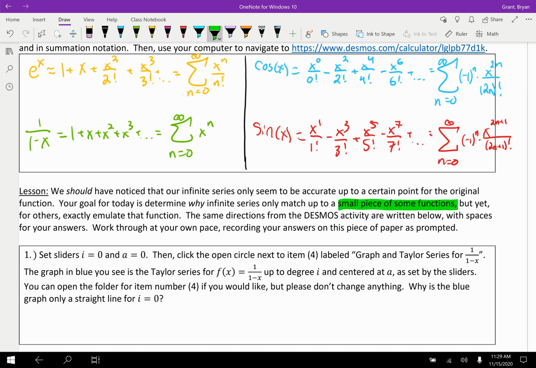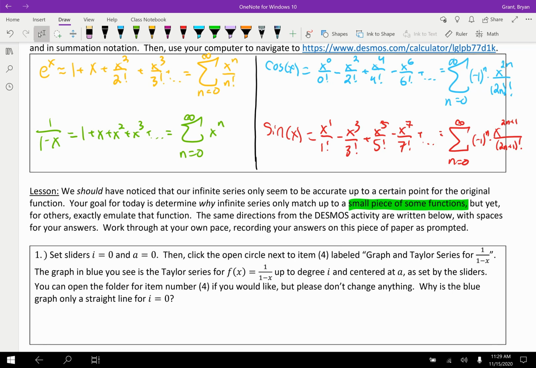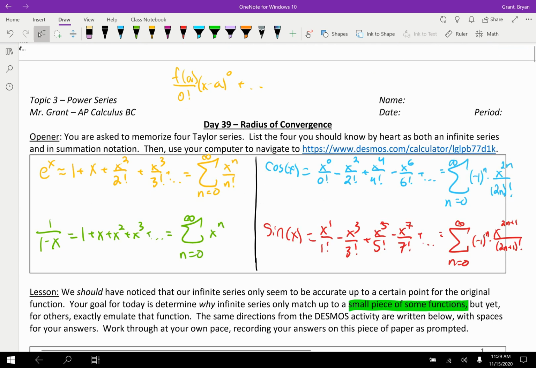So what I have prepared for you is a nice DESMOS activity that I built, and it's nothing amazing, but I think it will do a nice job of showing you why some functions match and others don't. So the link is up here. If you're working on a PDF, you can just control click if you're on a computer, regular click if you're on a mobile device, or if you wanted to type it all out, this is LGL PB as in peanut butter